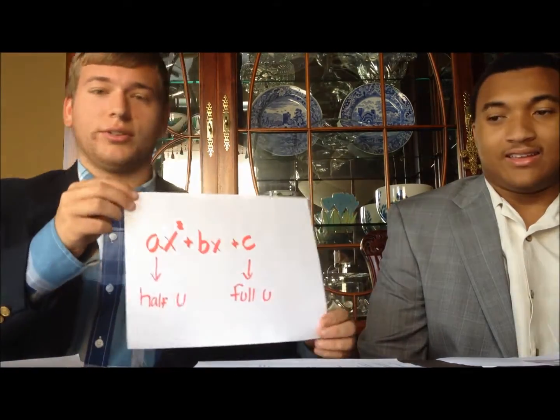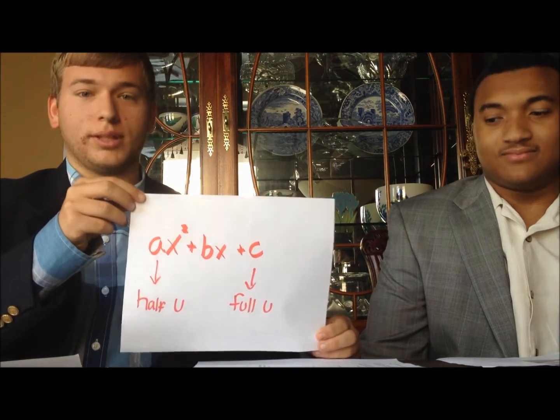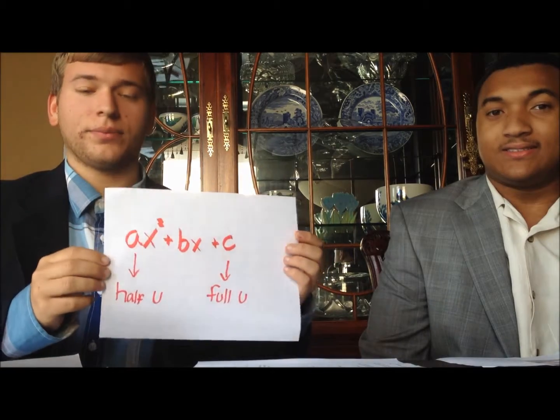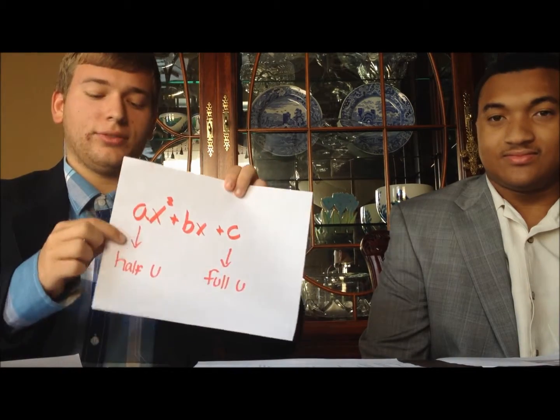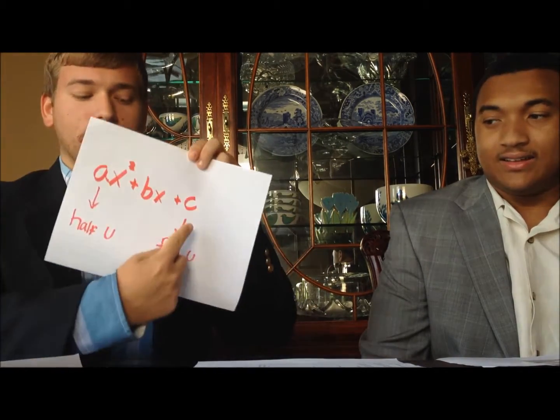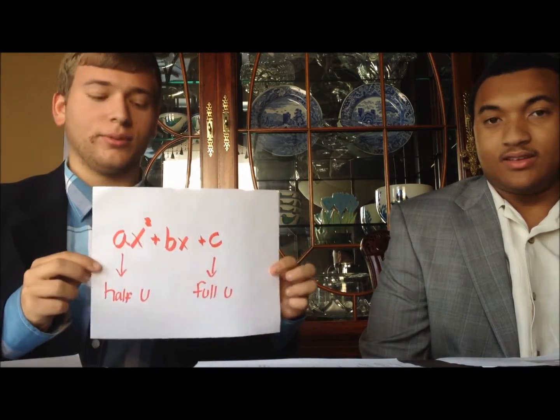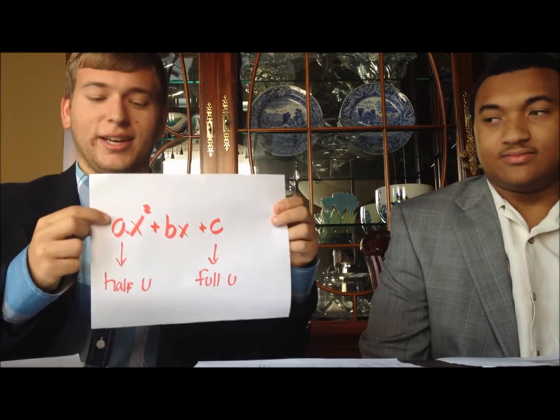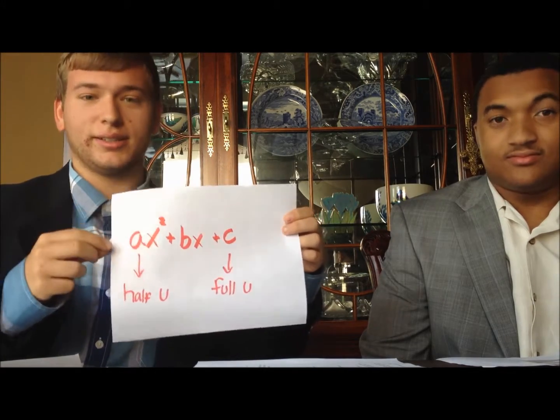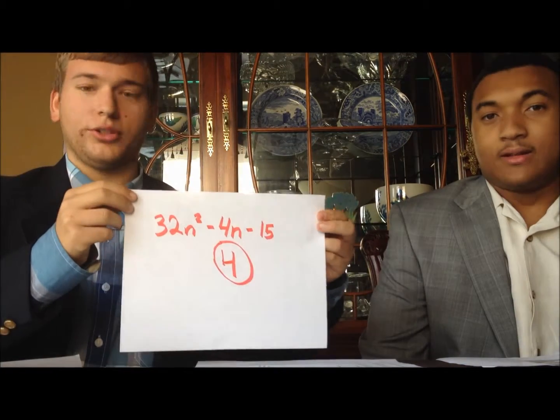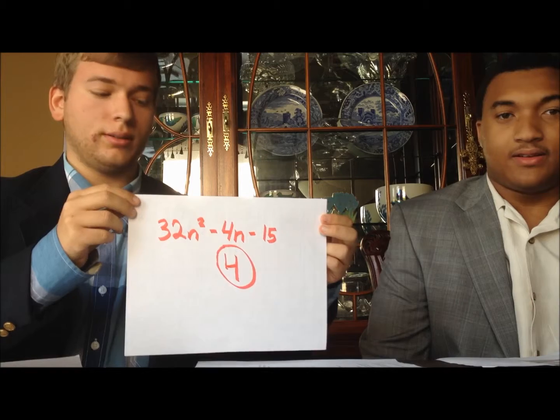Trinomials are given to you in the form ax squared plus bx plus c. And in order to factor them, you're going to want to take a half u of the a and a full u of the c. I'll explain that in just a minute, but it's very helpful. So just look at it again: ax squared, bx, c. We've set up one function for you today, which is 32n squared minus 4n minus